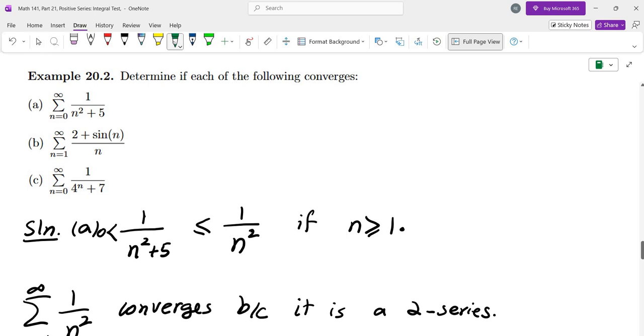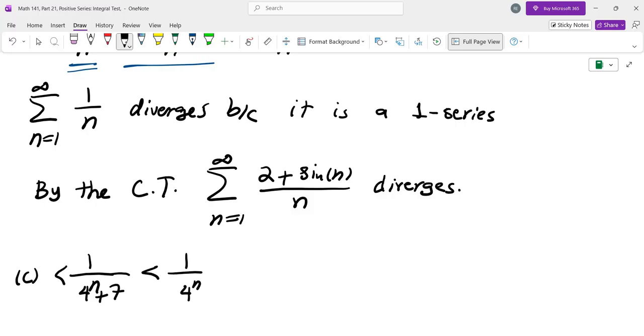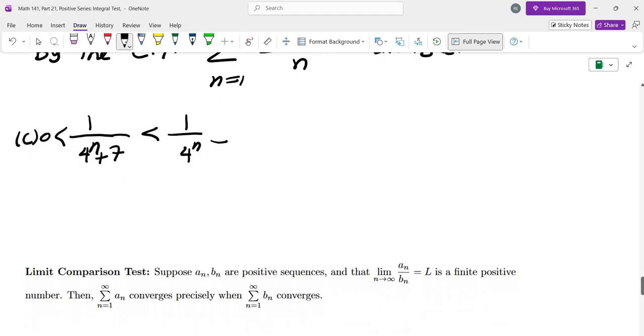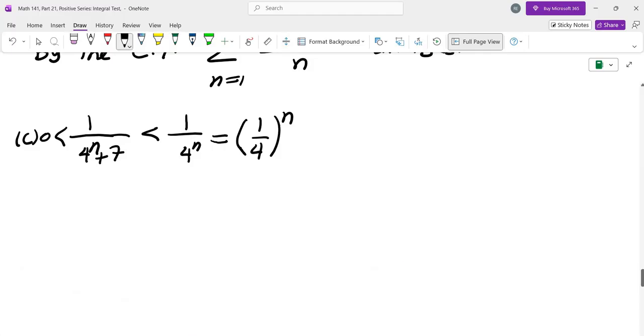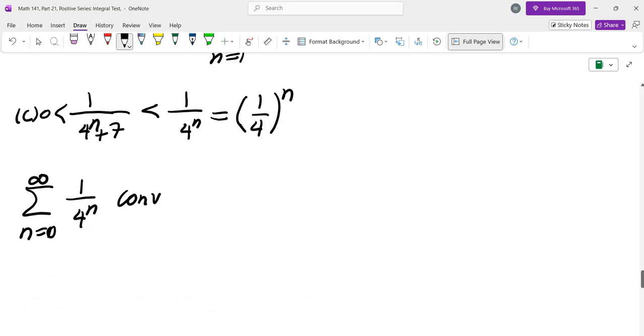So the next one is 1 over 4 to the power of n plus 7. So we can compare this one to a geometric sum. So we have 1 over 4 to the n plus 7. This is less than 1 over 4 to the n. And everything here is positive. But this one is a geometric sum. It's 1/4 to the power of n. And we know that geometric sums converge if the common ratio is between -1 and 1. So we know that the sum of 1 over 4 to the n, n equals 1 to infinity, or I believe they started from 0, although again it doesn't really matter, converges